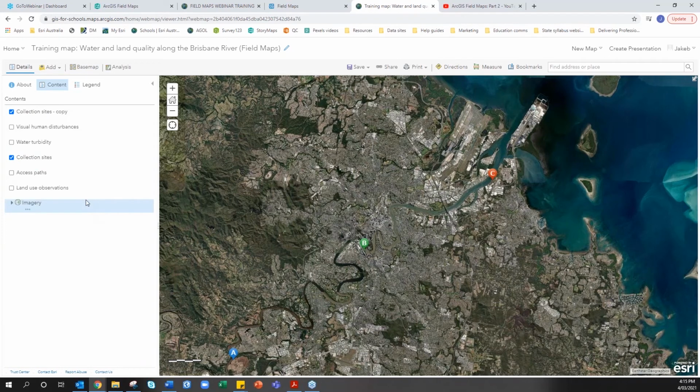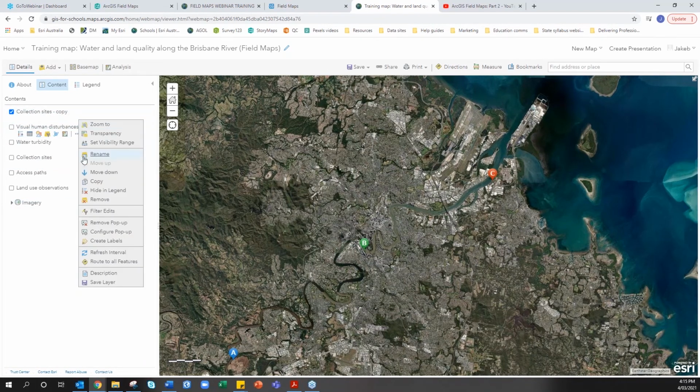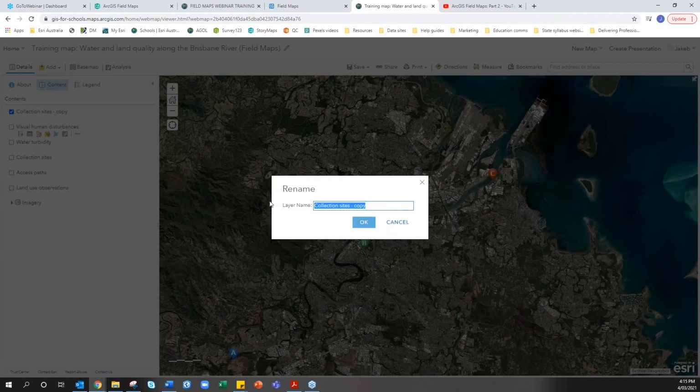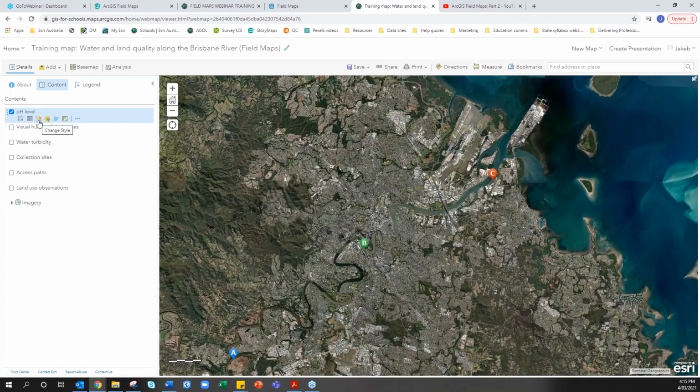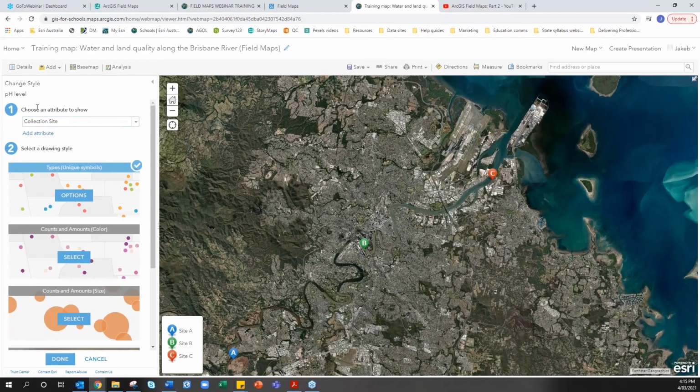copy. And then I can see there's a copy of that layer, and I would rename this to what I want it to show. So in this case, let's say I wanted a pH level one. I'm going to rename it to pH. I'm going to hover over the layer again, click on the shapes icon, and make sure I change that attribute to show pH. So I see my pH is there,